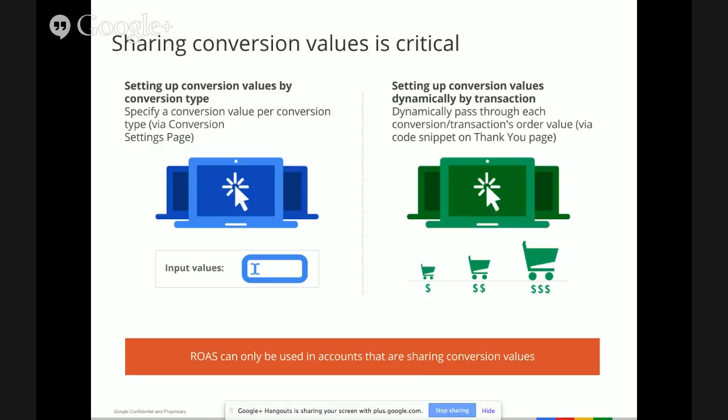And once you get that data passed to us, give it a few weeks to accrue, and then we'll intelligently bid based on the revenue data that you're passing us. And there are a lot of instructions on this in the AdWords Help Center, so you can just search for Target ROAS or for conversion tracking, and we'll give you detailed walkthroughs on how to both set up your tracking pixel, as well as how to set up your Target ROAS bid.